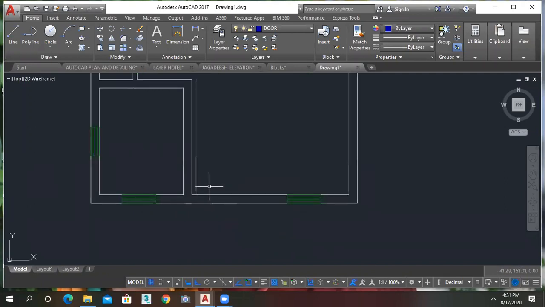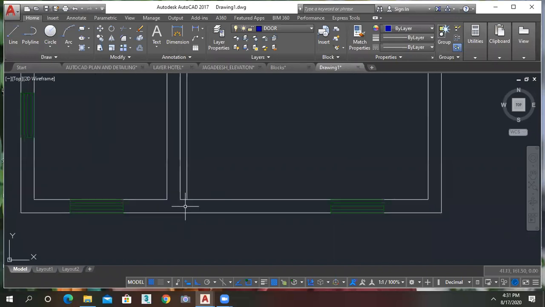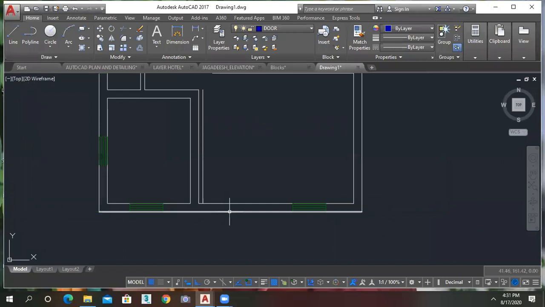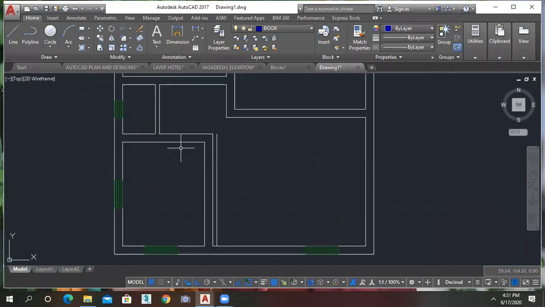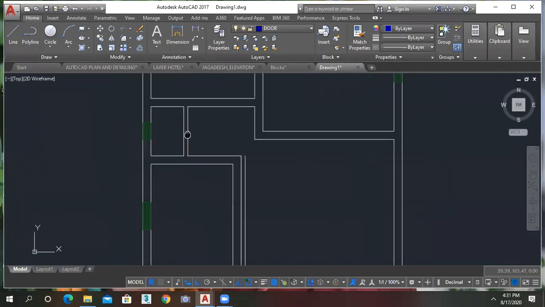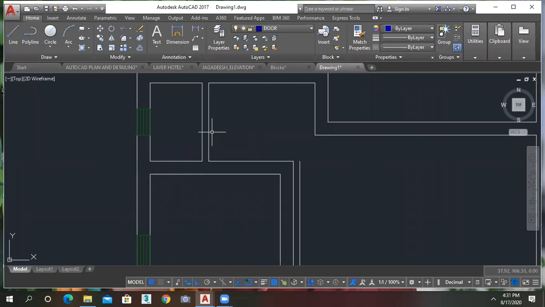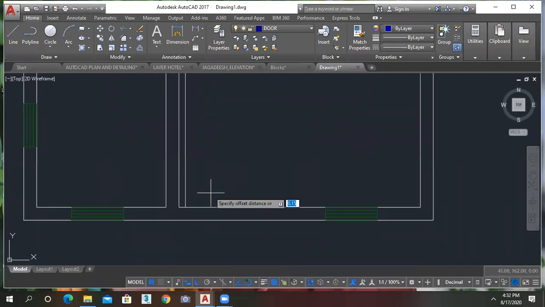The dimension of D is 1.2 meter width. I'm telling width actually, because in plan we are able to see the width only. So 1.2, and for D1 we take 1 meter, and for D2 we take 0.9 meter. So just give that much offset, 1.2.